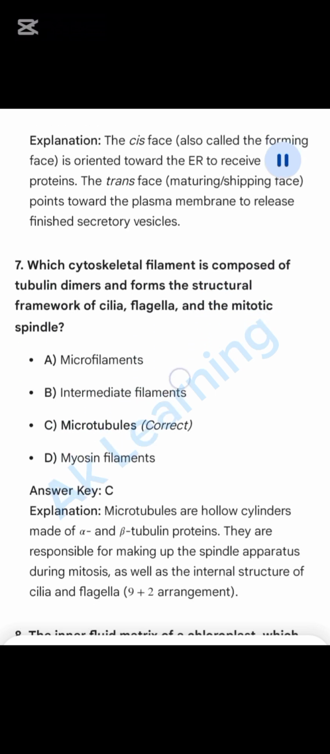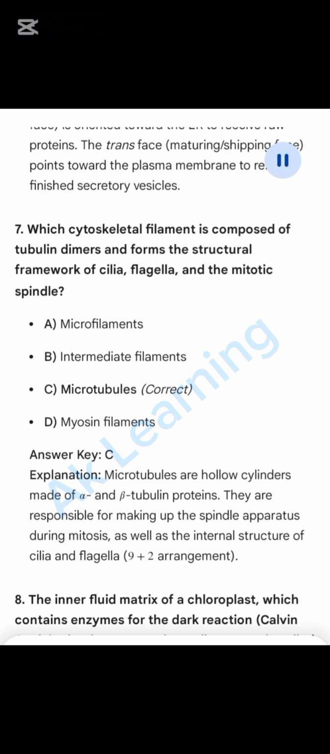7. Which cytoskeletal filament is composed of tubulin dimers and forms the structural framework of cilia, flagella, and the mitotic spindle? A. Microfilaments. B. Intermediate filaments. C. Microtubules. Correct. D. Myosin filaments. Answer key, C. Explanation. Microtubules are hollow cylinders made of alpha and beta tubulin proteins. They are responsible for making up the spindle apparatus during mitosis, as well as the internal structure of cilia and